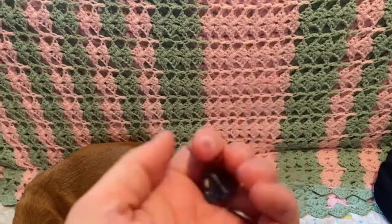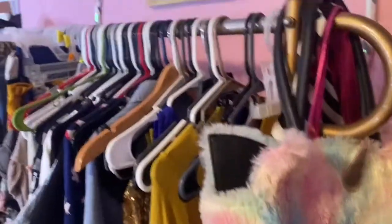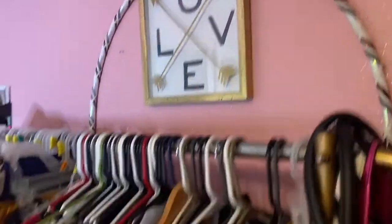What the fuck is that? Oh, I know what this is. It belongs on my crystal ball somewhere. It's rock. Okay, anywho, moving right along, we got my bigger bags right here, my hula hoop back there, and